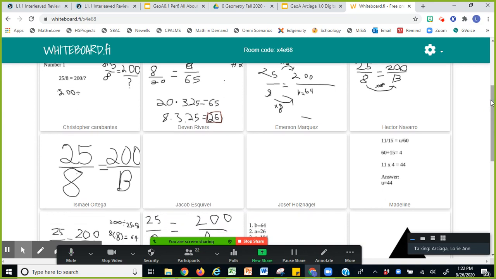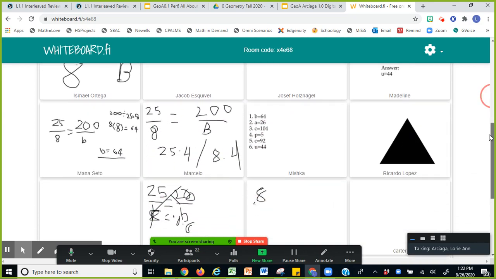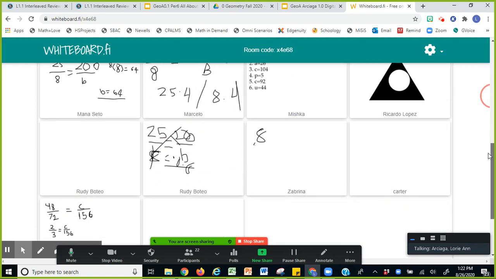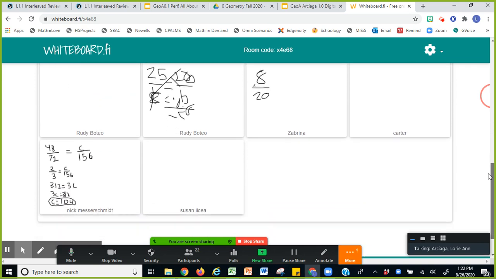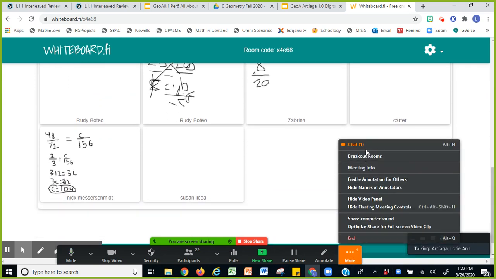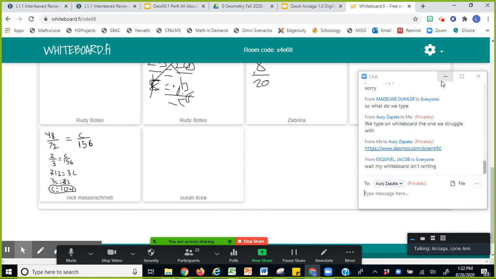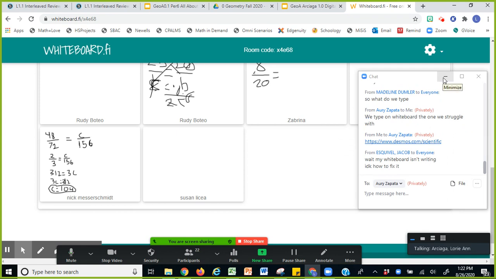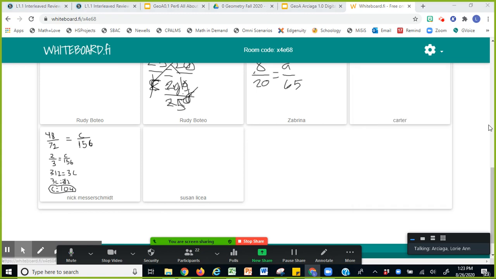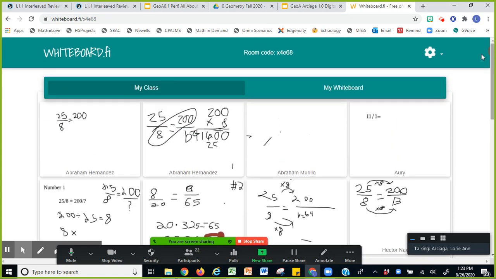But let me just clarify some hacks, some shortcuts that I would suggest. Nice, Ricardo. I can see you're exploring with that drawing tool. Okay, so let me go back to. Oh, your whiteboard isn't writing. Okay. Oh, honey, you know what? I'm sorry to say, but I don't know how to fix it remotely. But how about you clear everything and then you start all over again? Well, that's my last resort when something doesn't work for me. Okay,